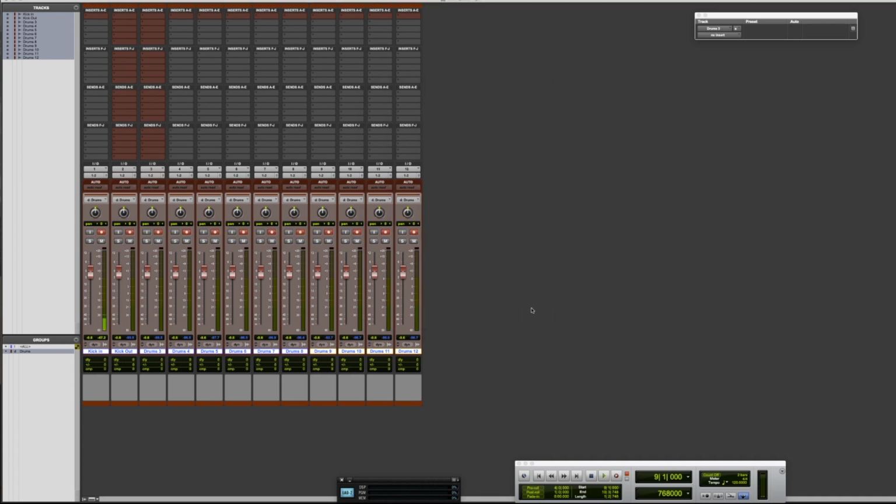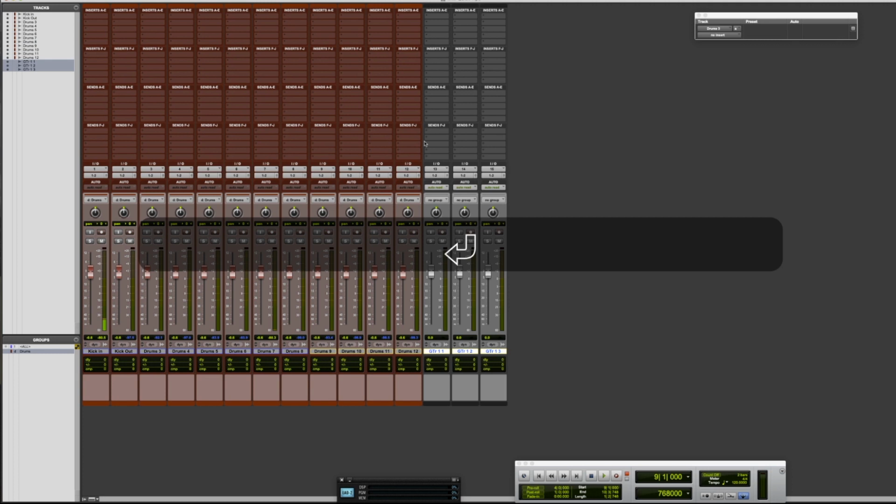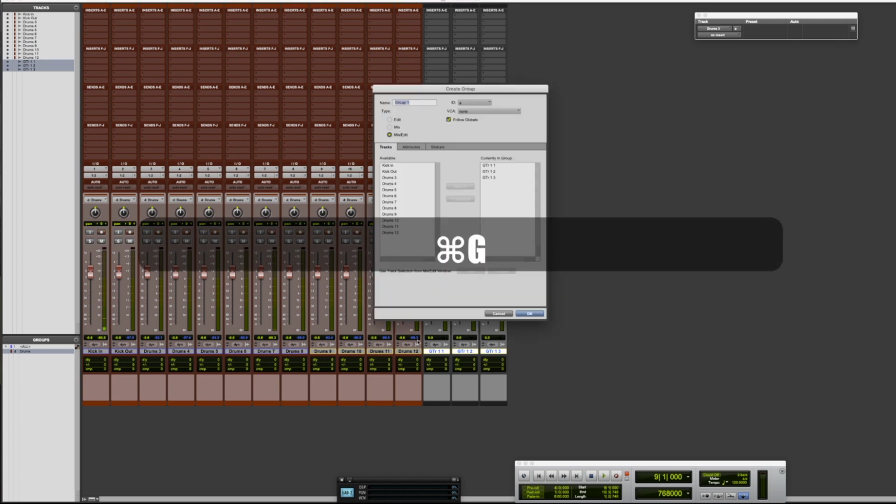So we've got our drums, we've got a group for the drums. The next thing we want to do is let's make some guitars. Let's do guitar 1, and there's going to be 3 tracks for guitars. Press enter, and now I'm going to do Command G, new set of groups, guitars, and